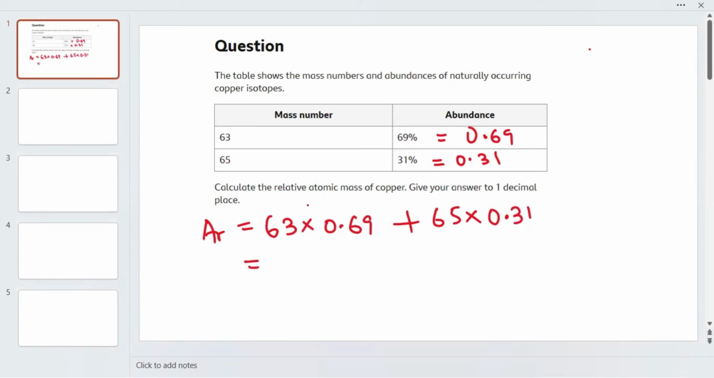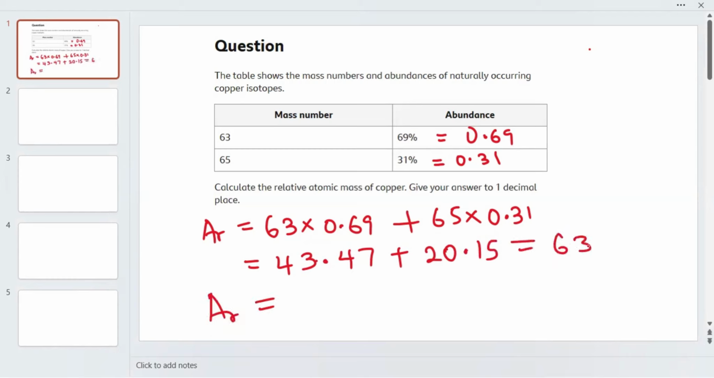So if I add this together, if we do 63 multiplied by 0.69, we will get 43.47. And if we do 65 multiplied by 0.31, we get 20.15. So by the time we add this, we're going to be getting